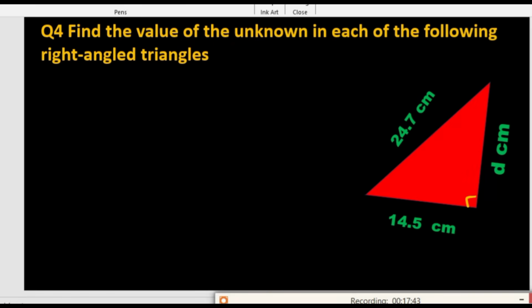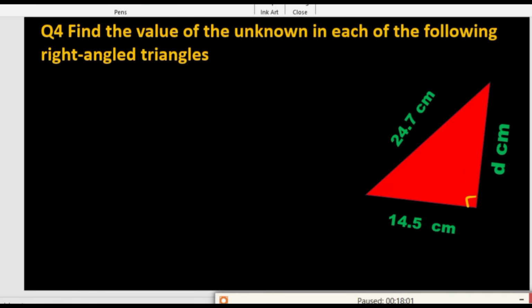But you have to find the hypotenuse value, and it's the easiest way to find out what the hypotenuse value is. It's the longest side of a right angle triangle, opposite the 90 angle. This is the 90 angle, and this is the hypotenuse value. By the Pythagoras theorem, you have to solve by putting in all these values.